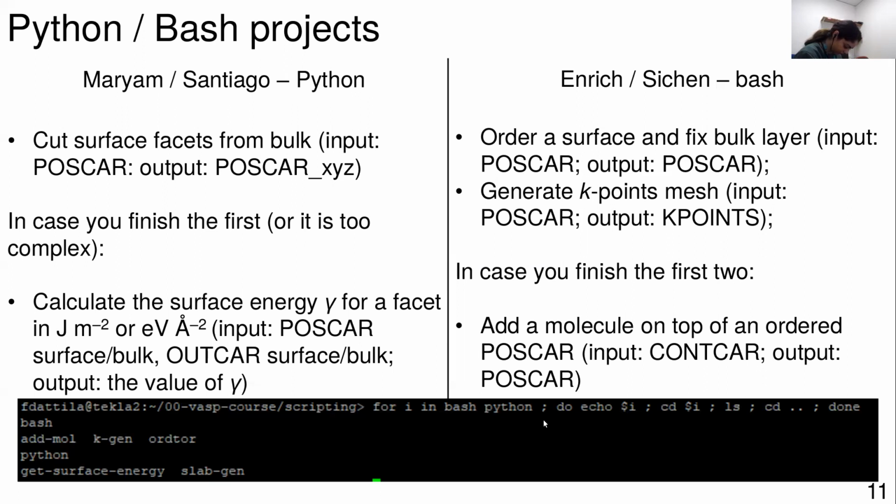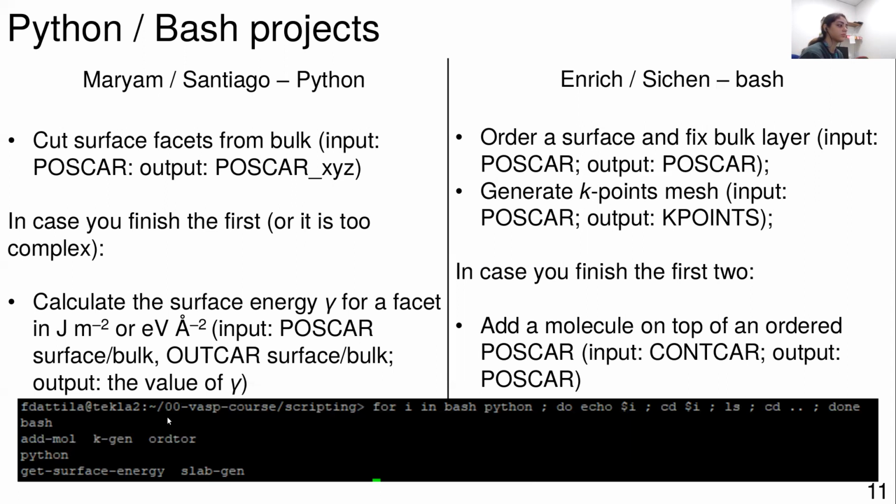Do we need to change the info? No, because this is not VASP. These are just scripts that you write to generate documents, inputs that you use with VASP, and then to process outputs. This will let you do calculations with VASP, but it's not related. It's something that you don't need a supercomputer for. That's why Mariam, who doesn't yet have access to a supercomputer, will do it, because it's something you do locally on your computer.